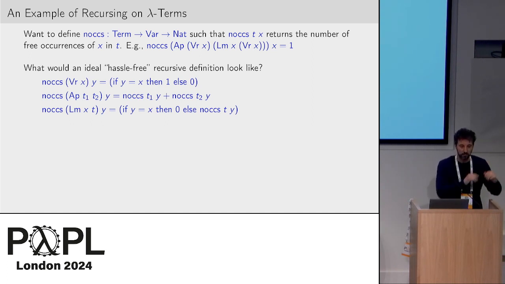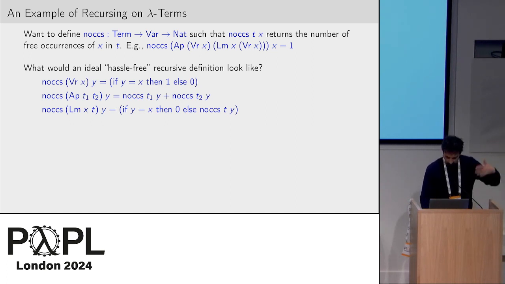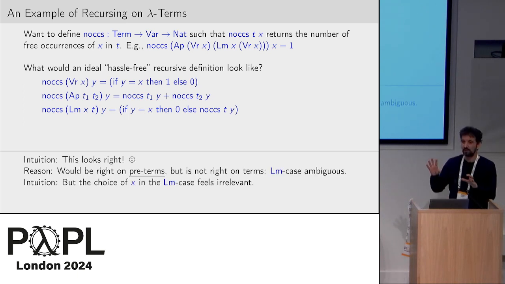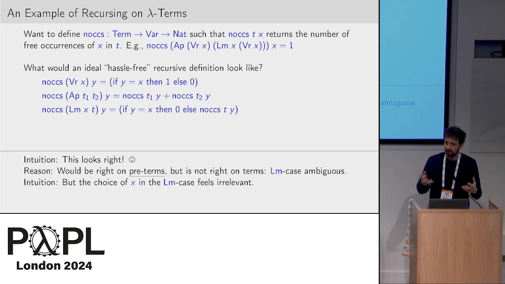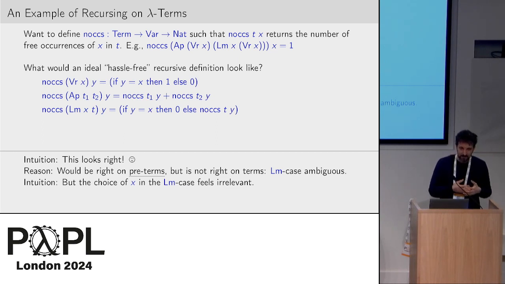Okay, so this is what we would normally write, and this is what, for example, Barendregt in his monograph writes when he defines such operators, even though terms are equated modulo alpha equivalence. So we have a bit of a struggle between intuition and reason here, trying to reach consensus, because this feels right. This feels like what we want. But on the other hand,